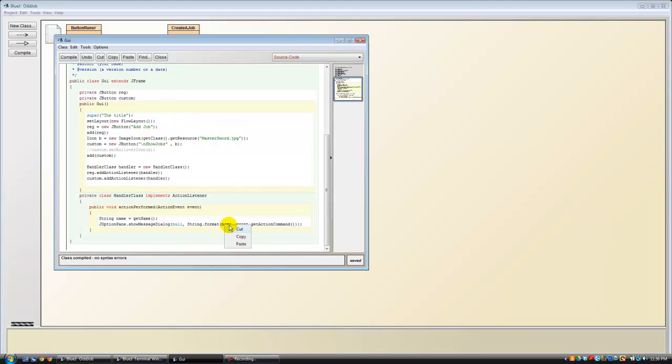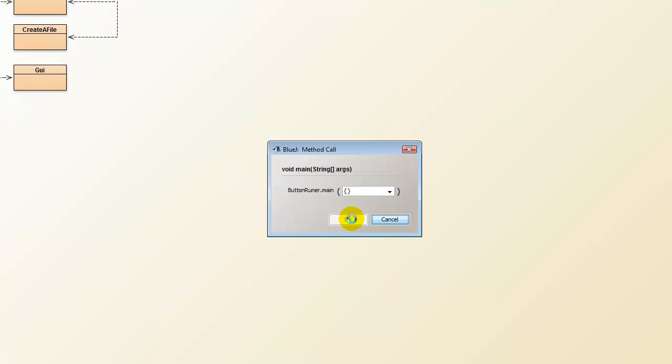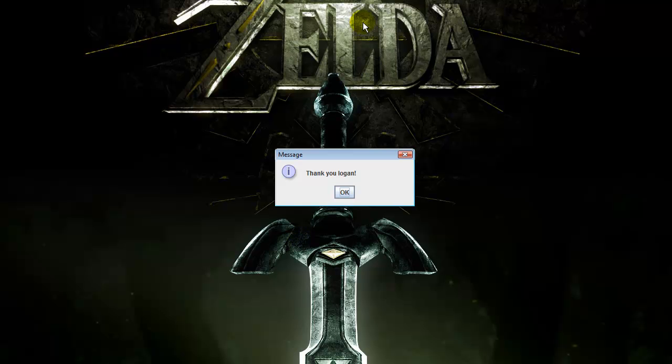Let's have it say, thank you, Logan. Yeah, let's put a little exclamation point in there. Compile that. Compile. And we're almost done. Logan. Let's click on it. Thank you,